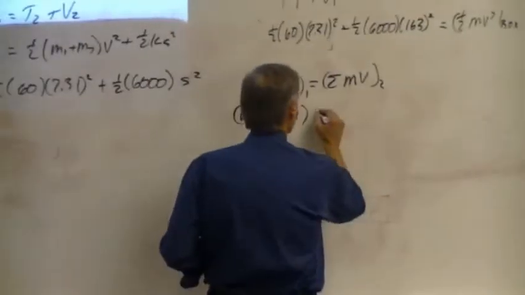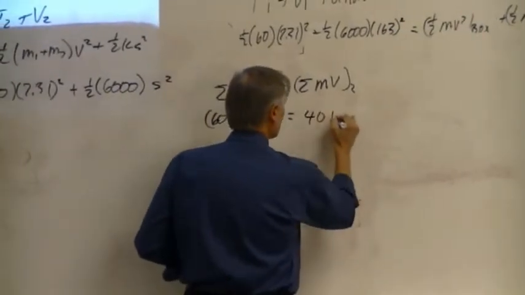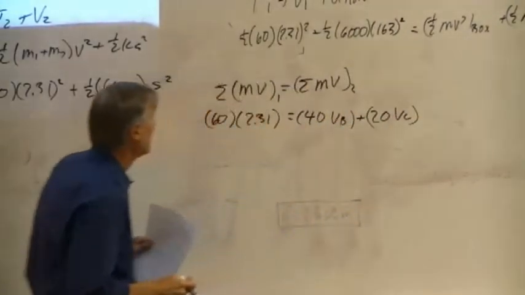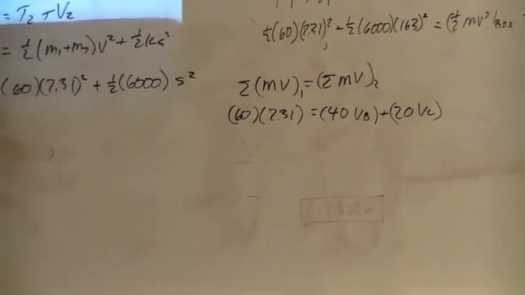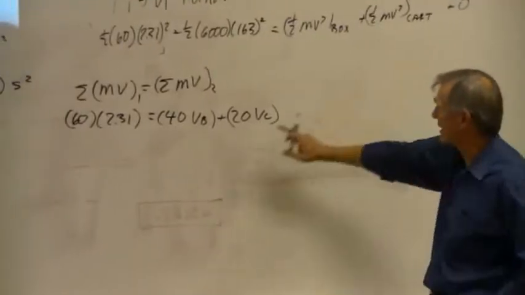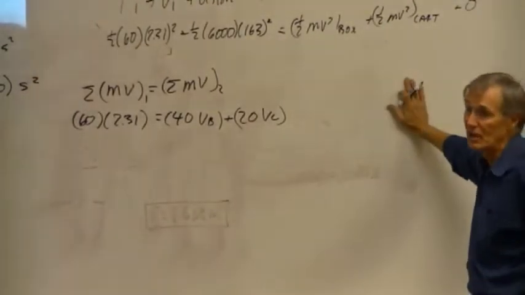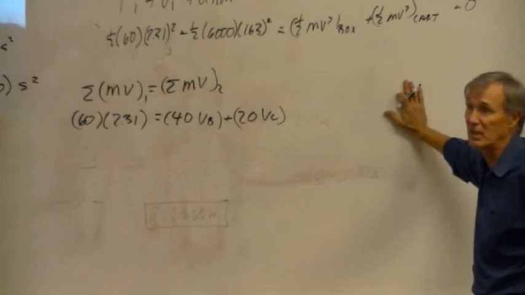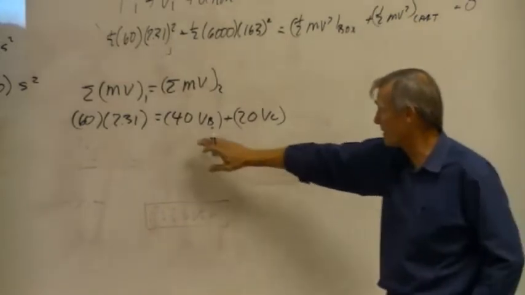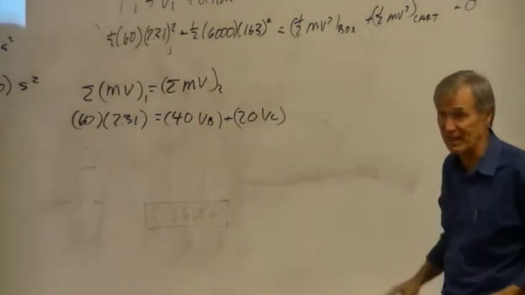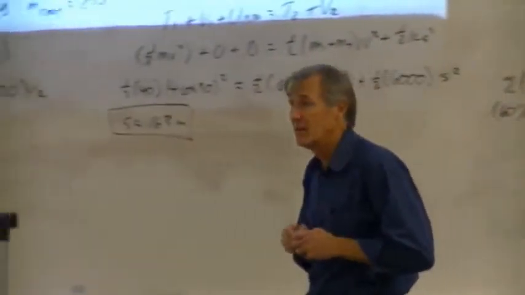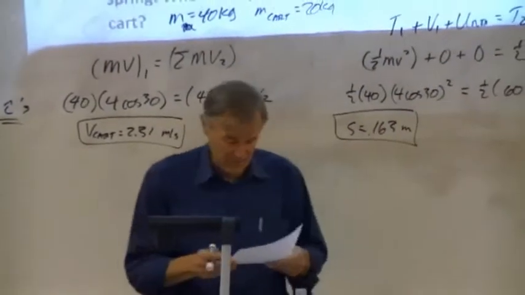So, then I have the velocity of the box, so 40 times the velocity of the box, plus 20 times the velocity of the cart. So now I have 2 equations, 2 unknowns again. This is just a little bit tougher because I got a v squared here and a v squared here. I got these as v's and these as v's. So I think this is another solver approach. You may be able to do this by simplifying this and plugging that into here and multiplying it out, but I think solver would be a lot faster. And so 2 equations, 2 unknowns for that, and you get